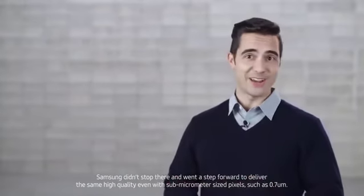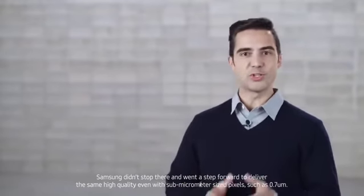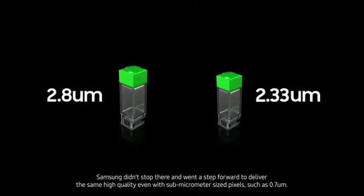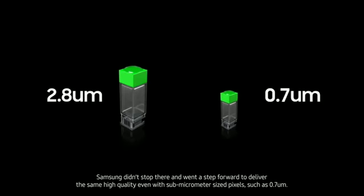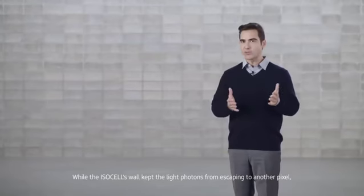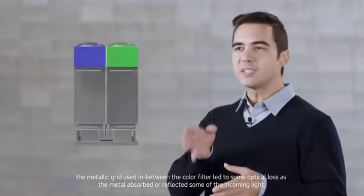Samsung didn't stop there and went a step further to deliver the same high quality even with sub-micrometer sized pixels, such as 0.7 micrometers. While ISOCELL's wall kept the light photons from escaping to another pixel, the metallic grid